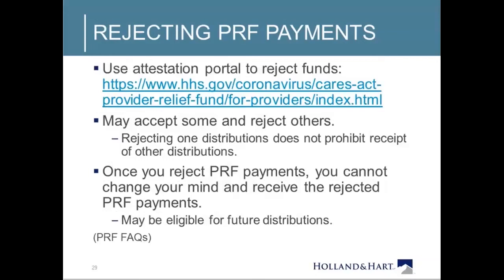Note that let's say you think that you got 3 different tranches. You're eligible and receive money in 3 different tranches, but you really only are going to be able to use the money from 2 tranches. So that would cover your expenses. Well, you can then decide to accept those 2 tranches and reject the 3rd. You can accept or reject whichever tranches you want, so that you can keep some tranches, reject others.